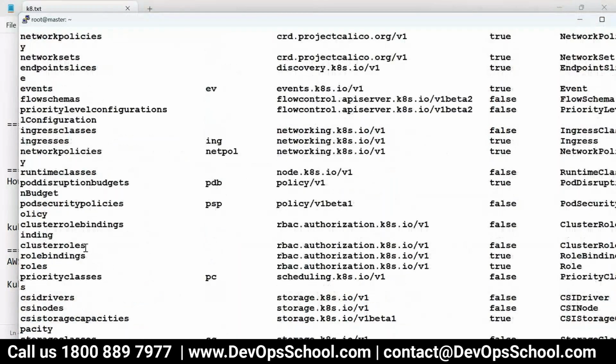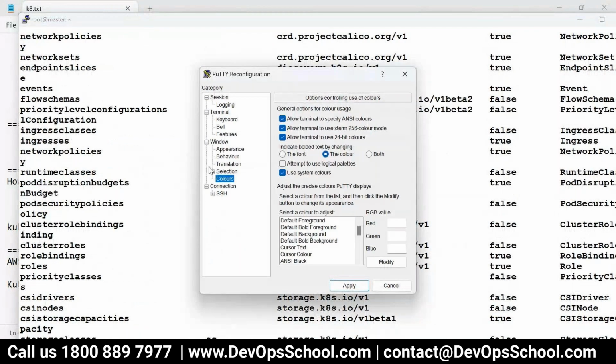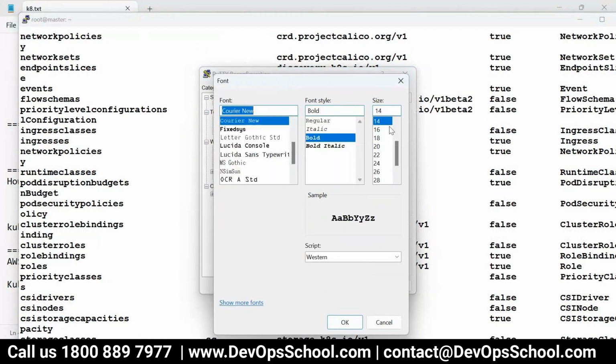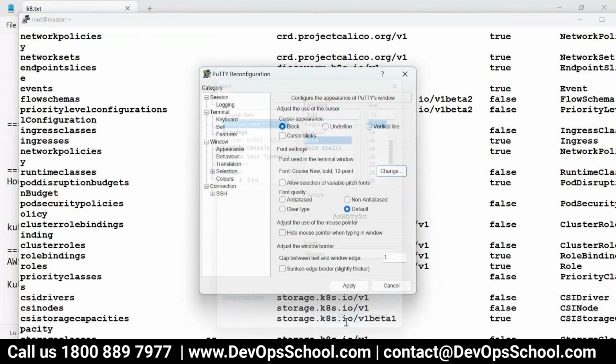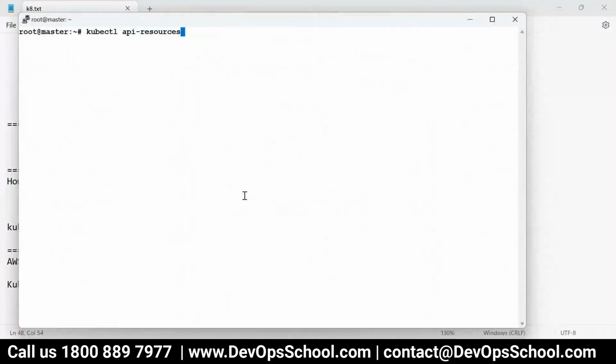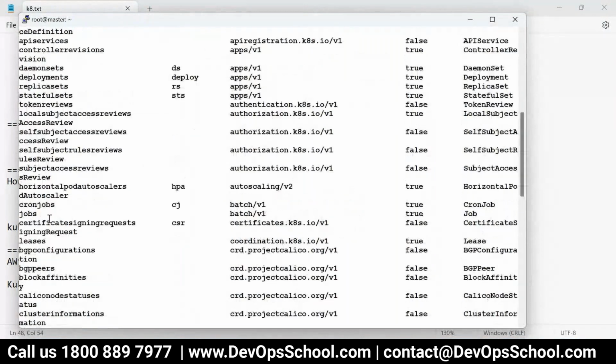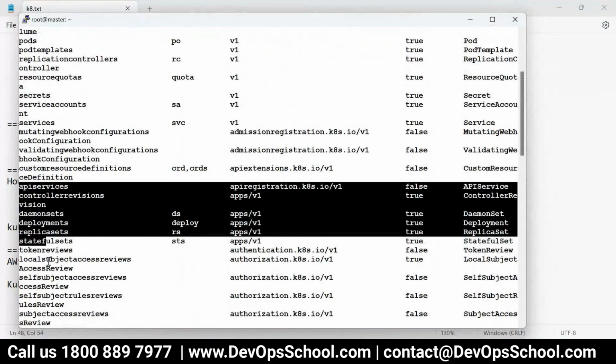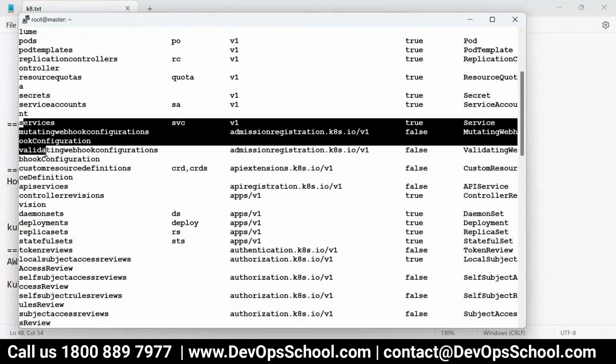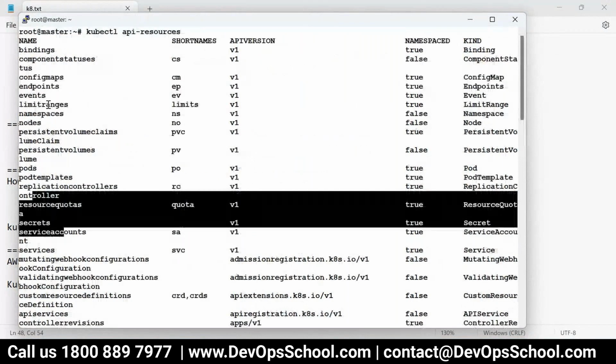Let me make this a little smaller. Clear the screen. And namespace, you see, it should be somewhere here. Here it is. Yeah.